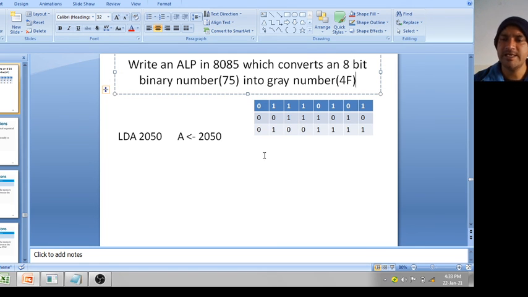Once again I am repeating, MSB will be same, so this bit will be always 0. Now the question is how you will make this bit always 0.